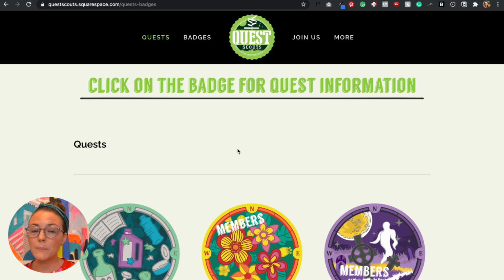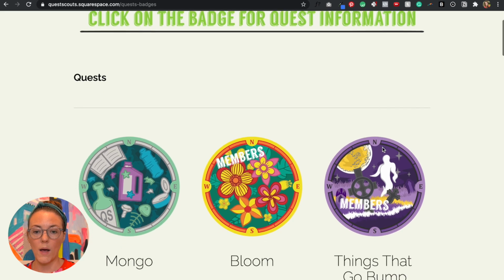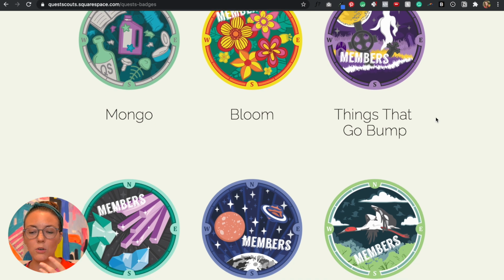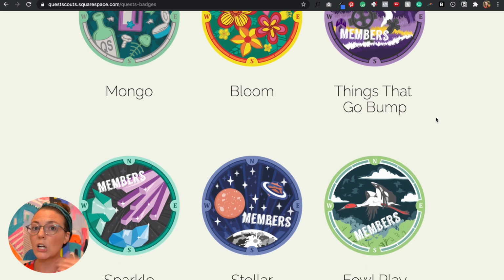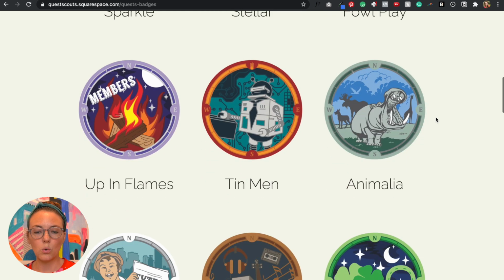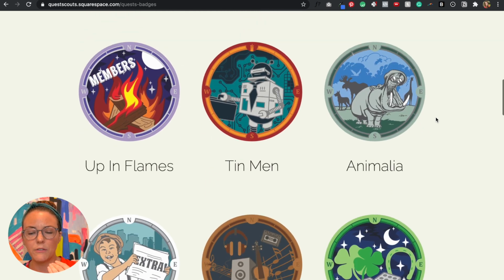What I love about this page is that when I go to all of these quests, first of all, the badges, can we talk about the badges and how freaking fun and awesome they are? He does such a great job. I don't know if Dylan does the illustrations or if he gets them done, but I just think that's such a fun element of the business. And I like that there's this big long page where I can scroll through and check out different